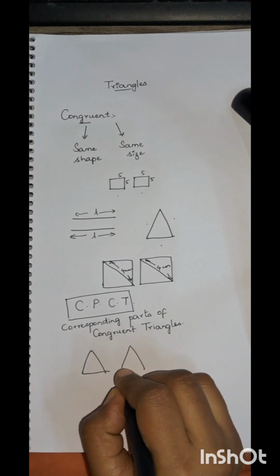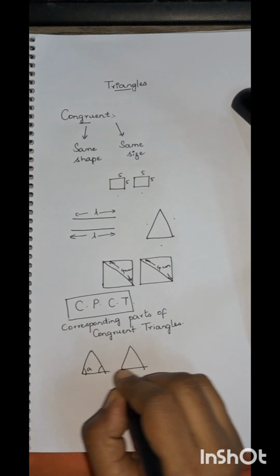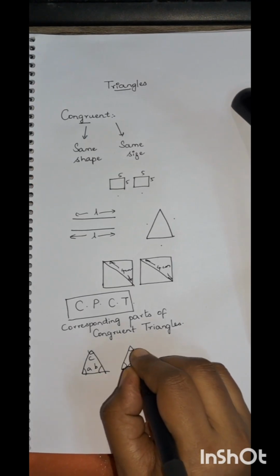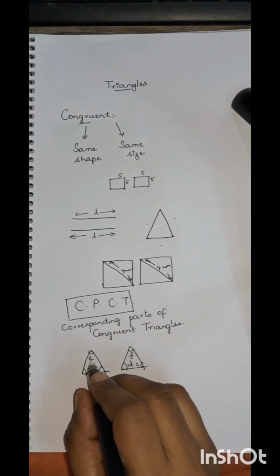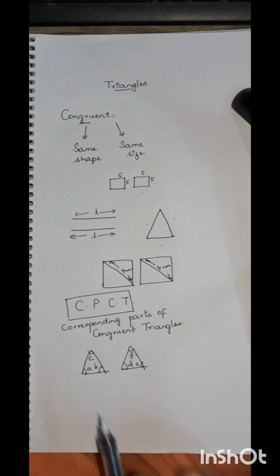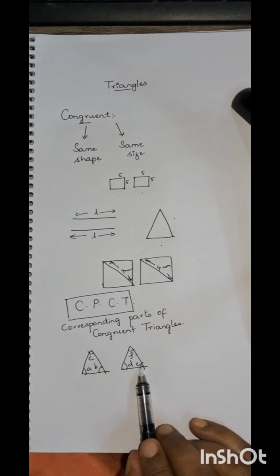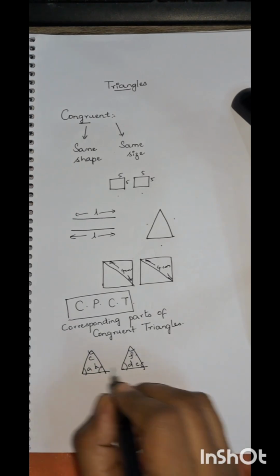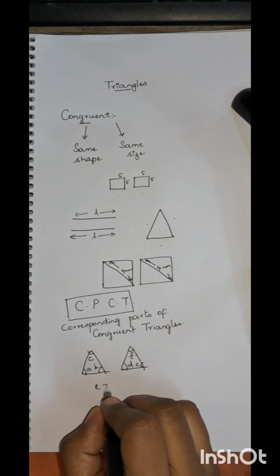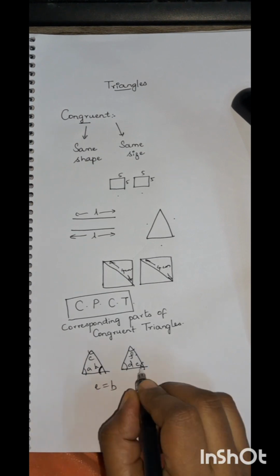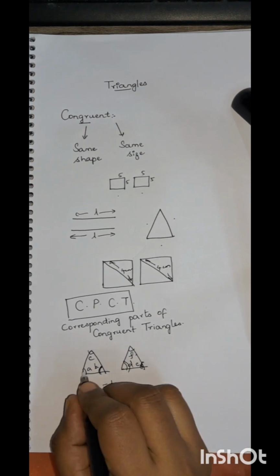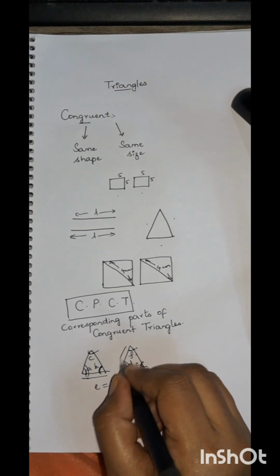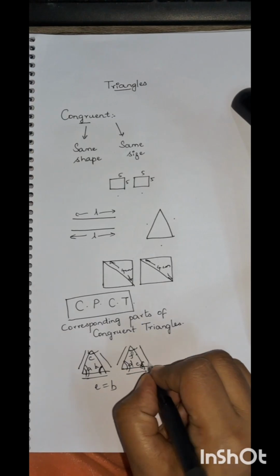For example, if two triangles are there, with angle A, angle B, angle C in the first triangle and angle D, angle E, angle F in the second triangle, and the two triangles are congruent to each other, then directly if you want the E value and you don't have it, you can take it equal to B. So here angle A equals angle D, angle B equals angle E, and angle C equals angle F. This is very important in solving problems. It is very easy, and it plays a very important role in triangles.